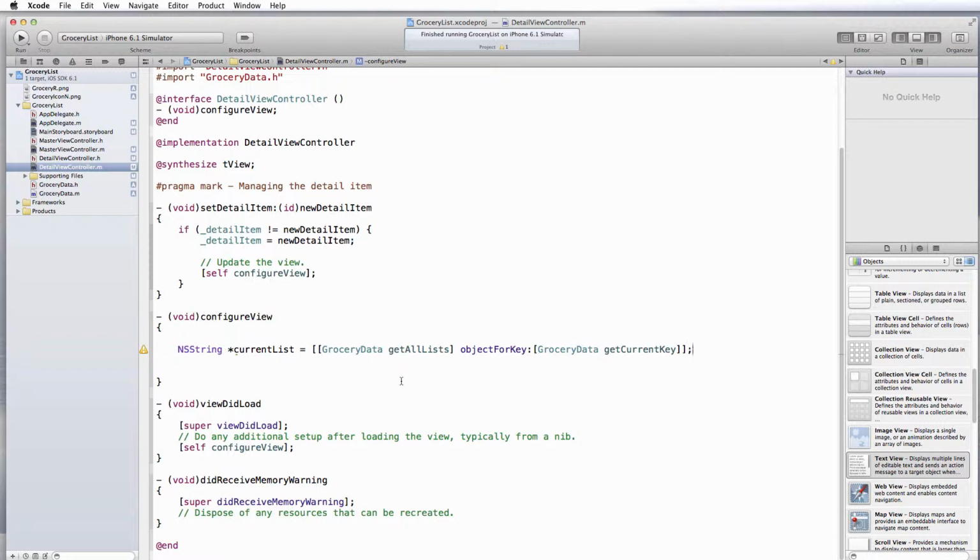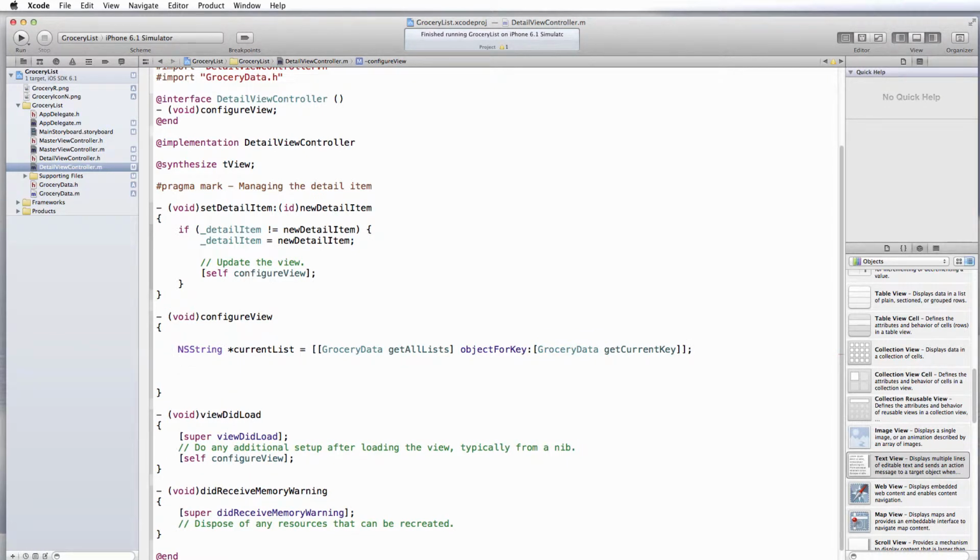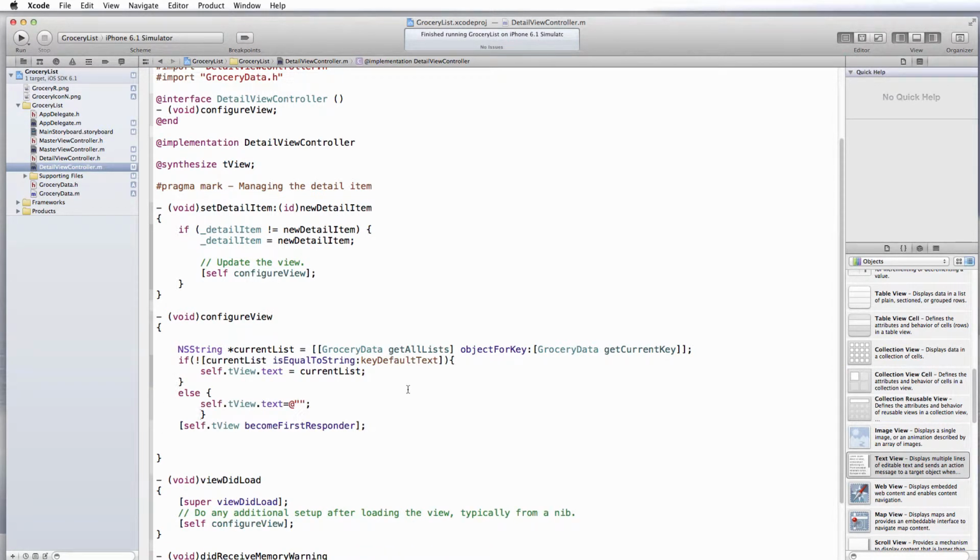And so now what we want to do is check to see if currentList is the default text. With the code that I just added here, we're checking to see if our list is populated, and if it's populated with just the default. If it's set to the default at this point, then we want to go ahead and add the piece of data that we're already working with. If it's not, we want to just go ahead and leave it with default.